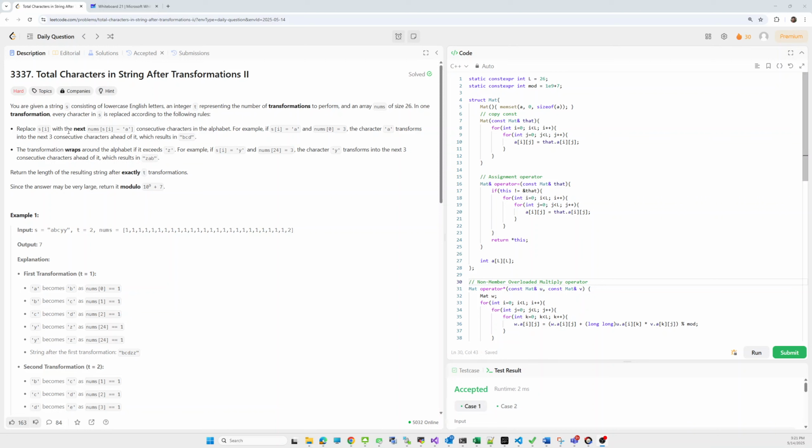If the string is a, then a will be transformed into the next consecutive characters, and the number of characters will be given by this nums array.